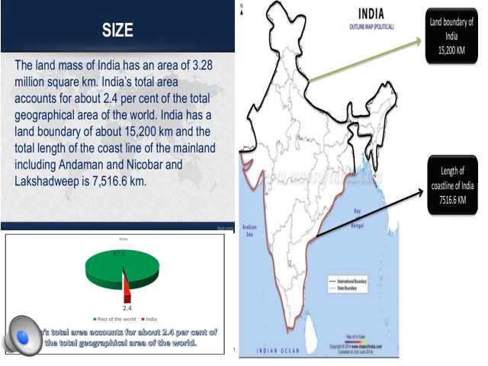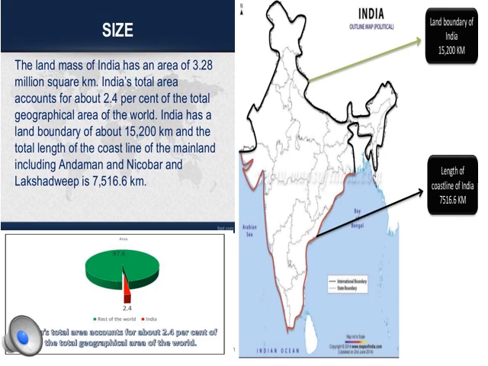India's land boundary is about 15,200 kilometers. The land boundary is the northern side. If you see on the map, the dark black line is the land boundary, and it is around